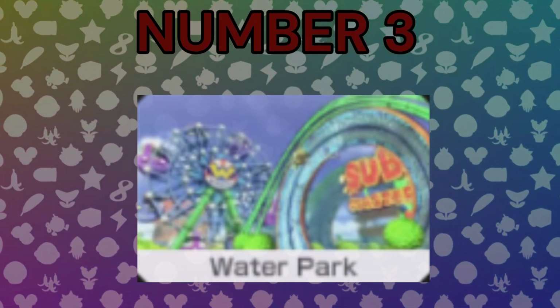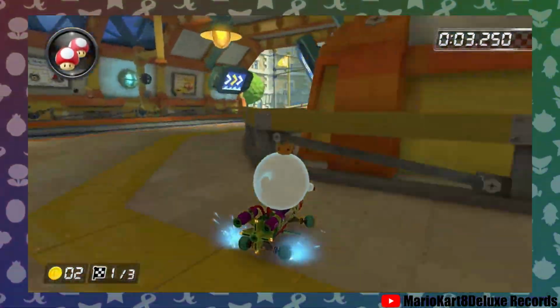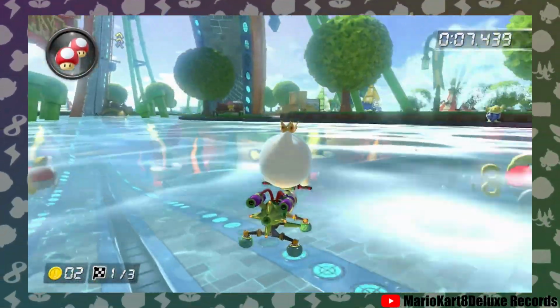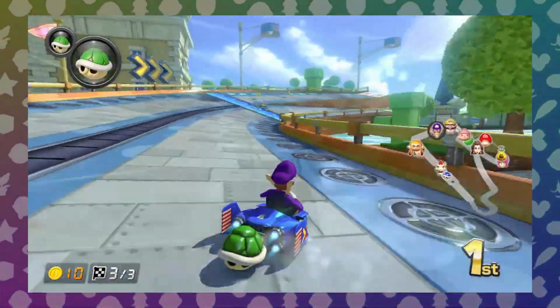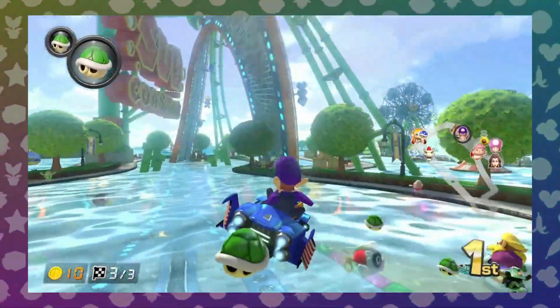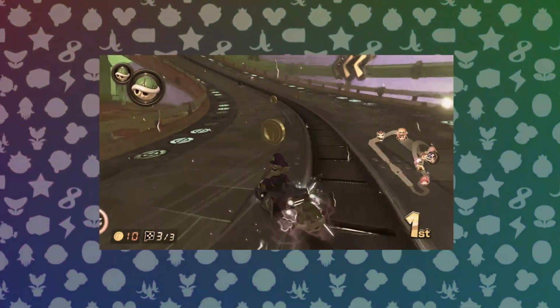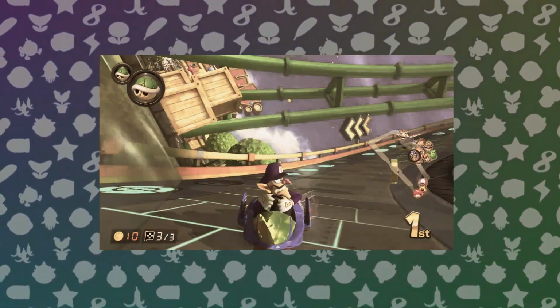Number 3. Water Park. This one required pretty good driving, to the point where I watched world records of this course in 150cc and 200cc, and adopted their strategies to get as far ahead as possible, like this drift into the water from the surface. Okay, look, I realise that drift was absolutely terrible, but just run with it, okay? I don't know how it worked here, but just...